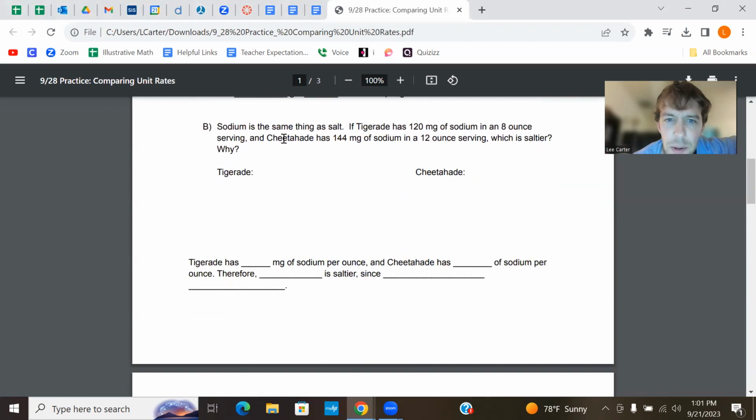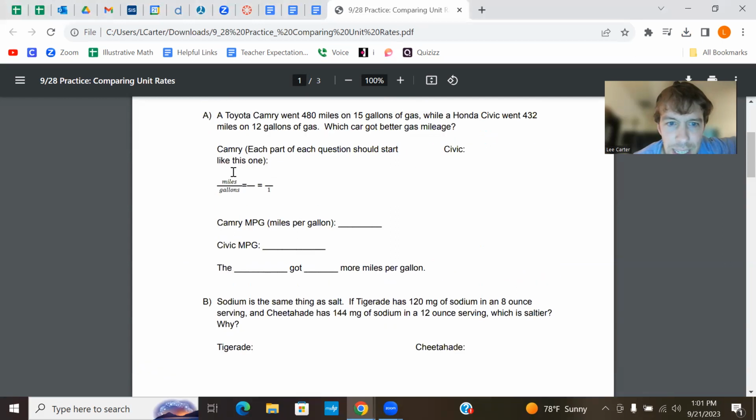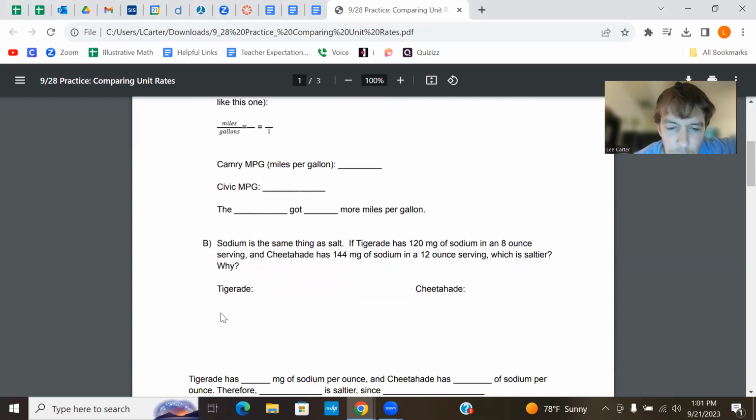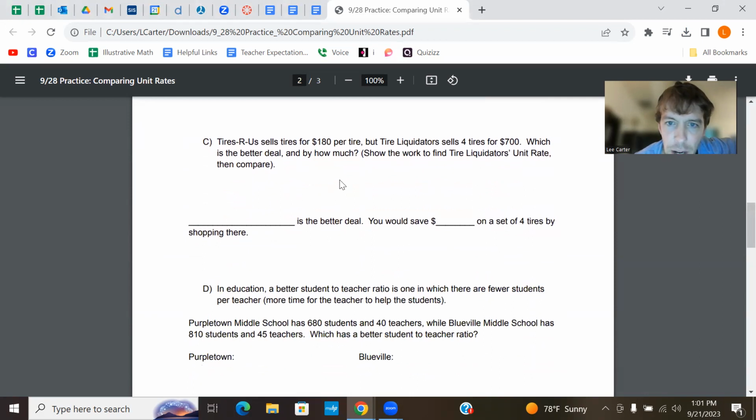All right. The second one is using sodium, something that's saltier would have more salt or more sodium in it, relatively speaking. So you find those again, you have to have the ratio in words here, right? Sodium per ounce first, then the numbers, right? Here, dollars per tire. Now, this one's already a unit rate, so you just have to do this one for the unit rate,